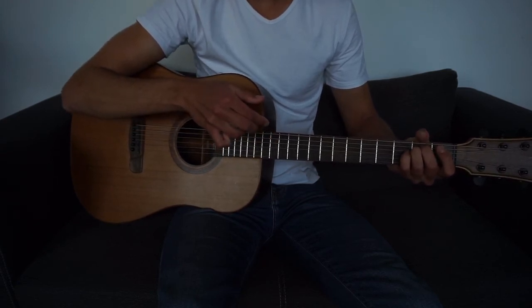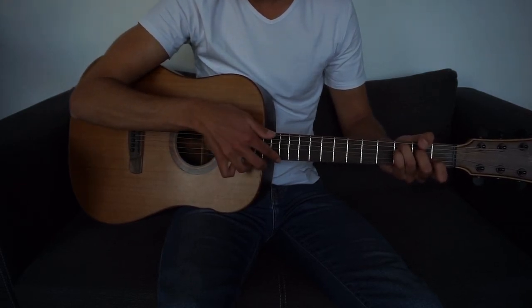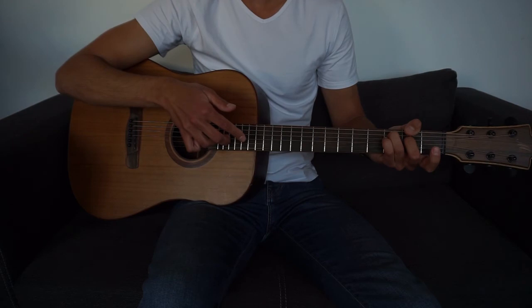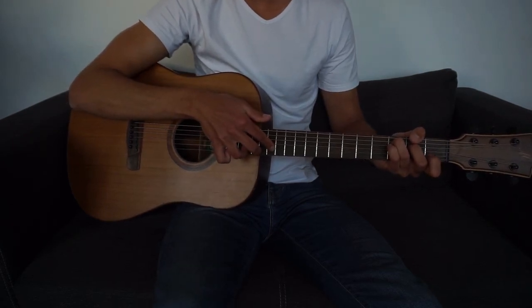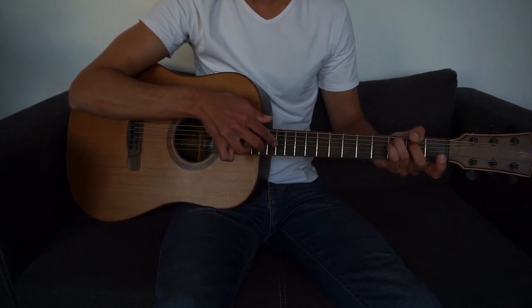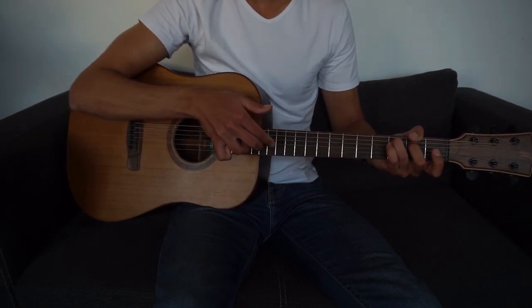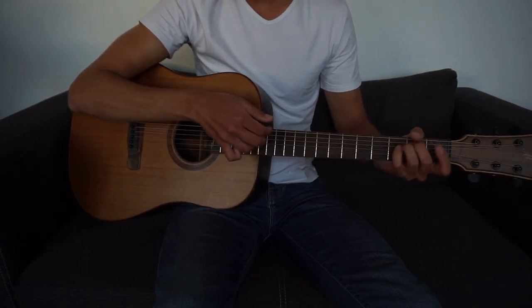Okay, next thing is a C, strum bottom three strings again. Same thing, E string. And when we hit the E string, we lift off our first finger from the first fret of the B string, so we can hit the harmonic as well. The harmonic doesn't work if we keep our finger on it, as you can hear. But if we lift it off, we get a harmonic. And we do the same order again. So E, B, G. So it's E minor, C,